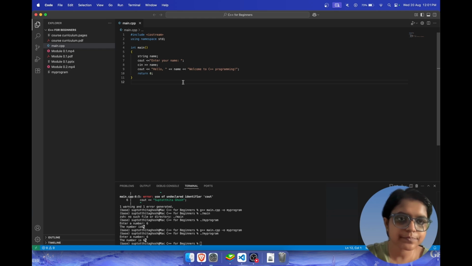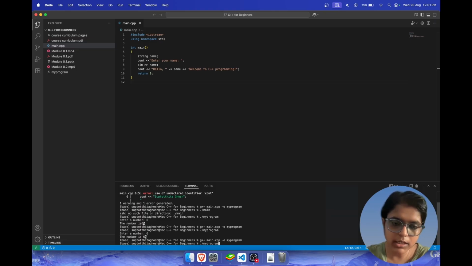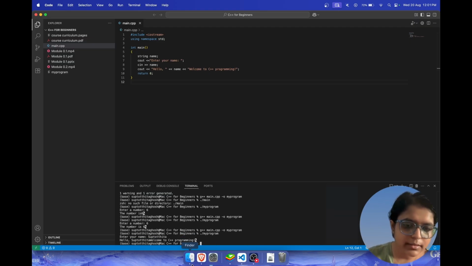So let me just run and check it out. It's compiled, and now it says enter your name. I will enter my name here. And once you enter your name, you are supposed to click on enter. Once you are done providing the input, you are supposed to click on enter. So I clicked on enter, and then it gives me hello, my name, welcome to C++. Again, it would be better if I have a space around here, because you see, between my name and welcome there is no space and it's looking a bit weird.